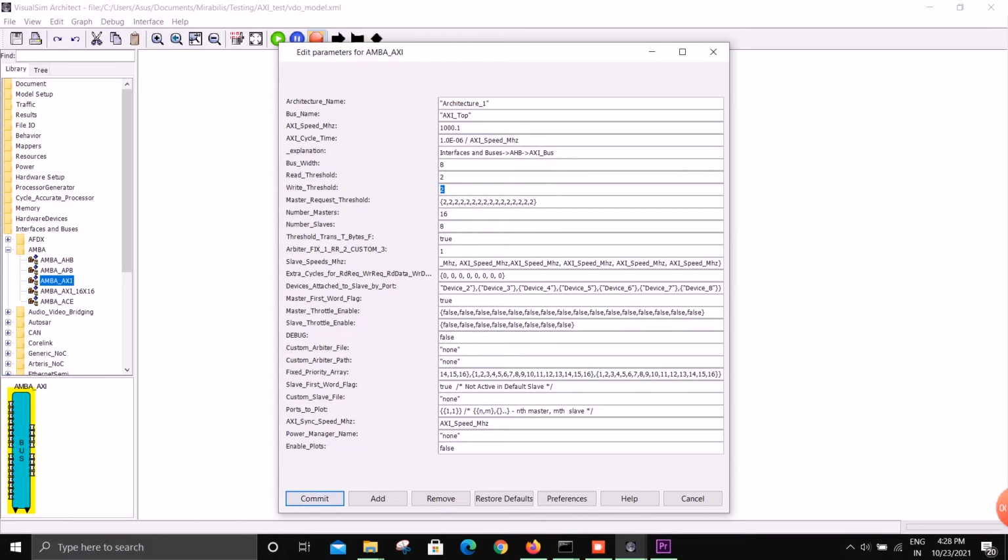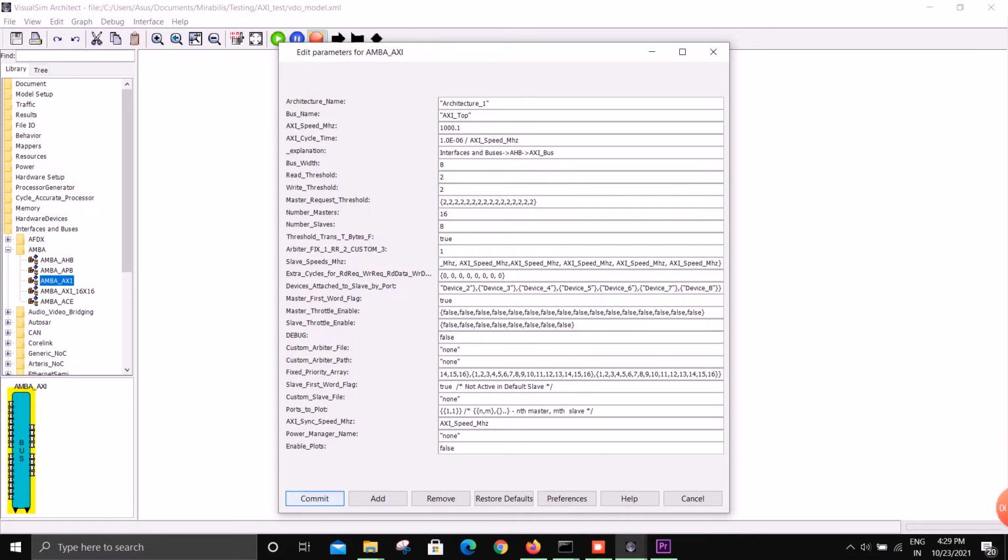And we have the read write threshold parameters. These are the capacity to hold the read write packets on the bus. Then we have the master request threshold. It's an array of 16 numbers, as we are currently using 16 masters. Each number in the array is assigned to a master, and it's the number of outstanding packets per master.